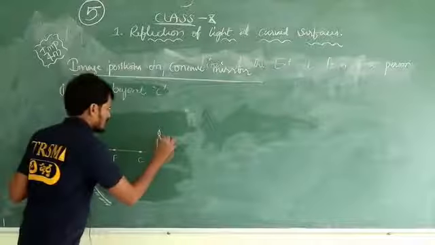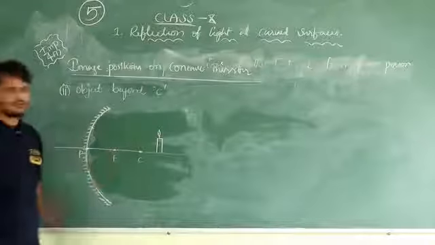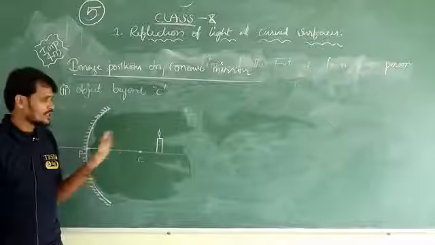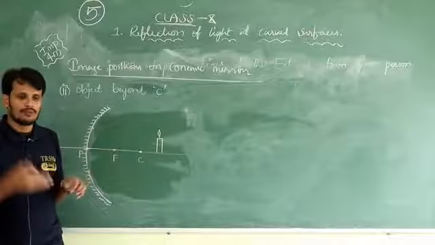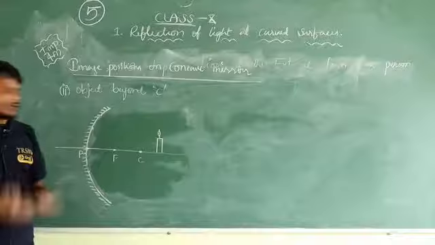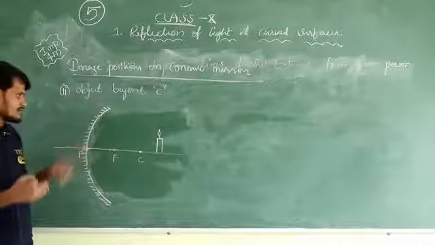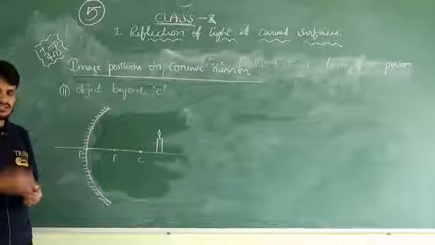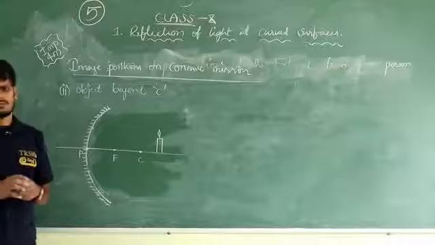I consider one candle as my object and place it beyond C. Already I told you many rays are possible from the candle flame, so why take only 2 rays? I explained in the last class that I am just imagining a proper position for understanding purposes, so I take any 2 rays. Just now you took 4 rays, no? Why in this situation are you taking 2 rays? What I said is, at least 2 rays show intersection, at least 2 rays show convergence. Many rays are possible, but 2 rays are enough for us.